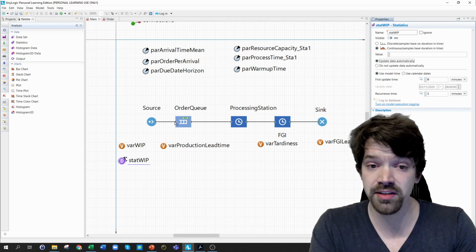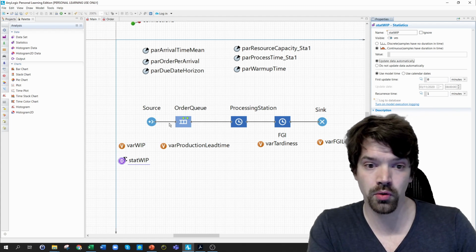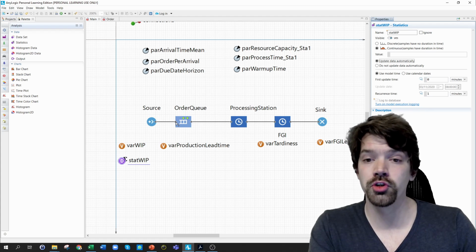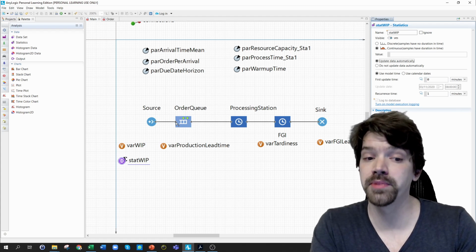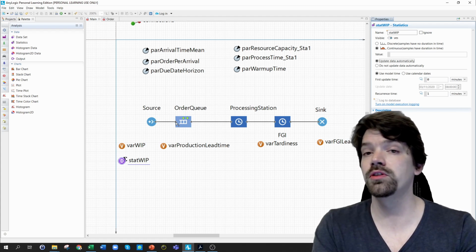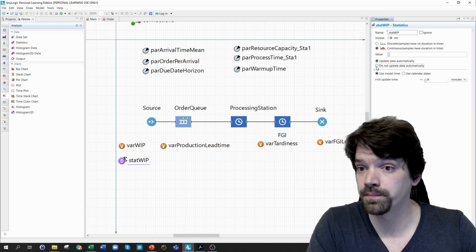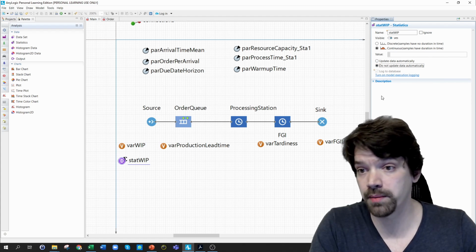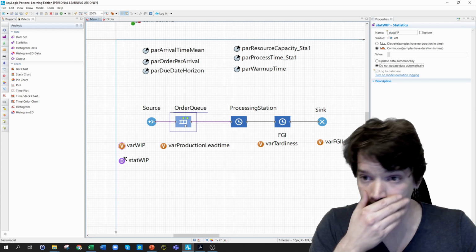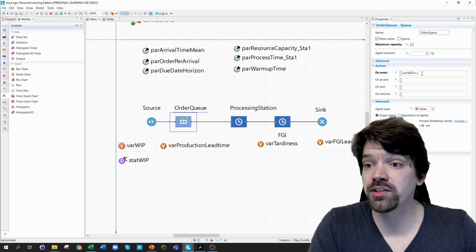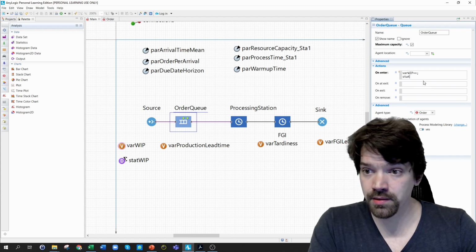And the idea of discrete event simulation is that at this time point, an order enters the order queue, triggers events. And the event is, please update the statistic element. That means we are reducing data because we do not use update data automatically. We go for do not update automatically. So we are going to do it by ourselves. So we go to the order queue on enter. So we talk to the statistic element by stat WIP